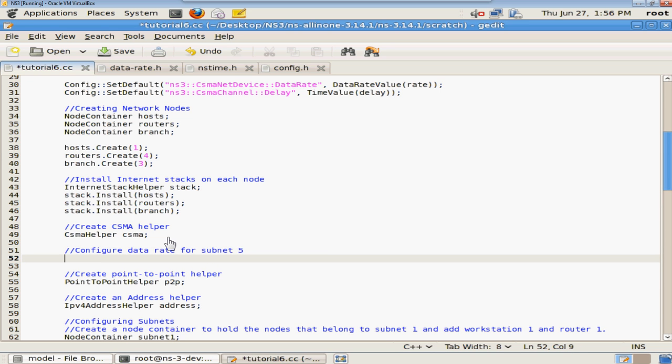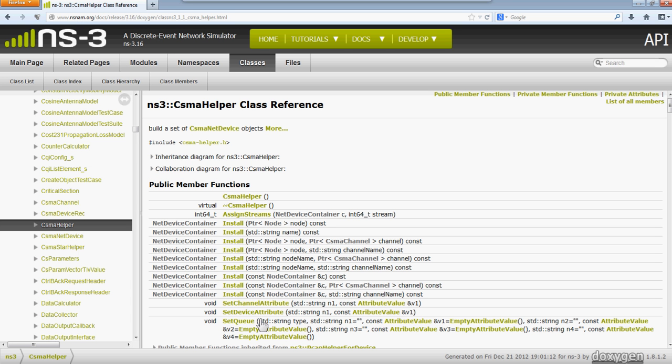I'm going to use the CSMA helper object that we created and call the set device attribute. Let me just make sure that's correct. Yes, it is set device attribute,